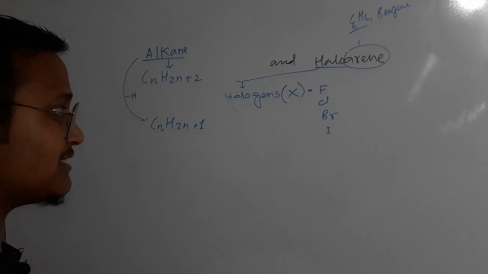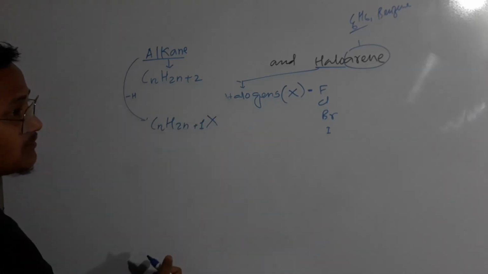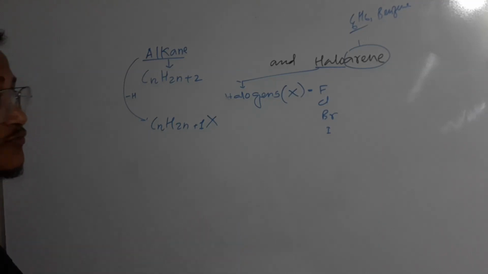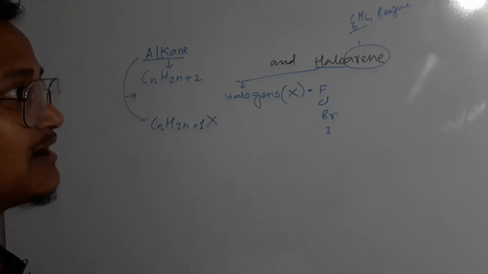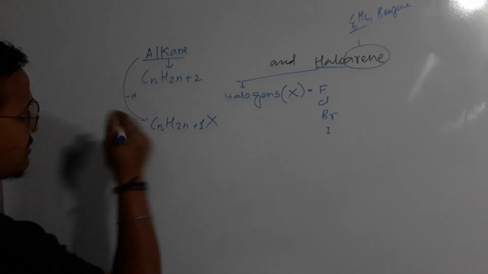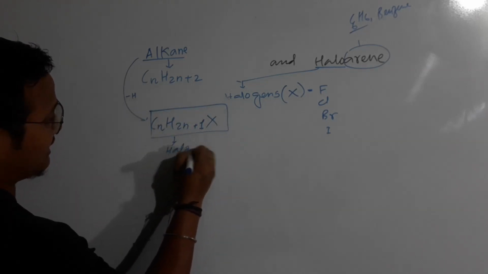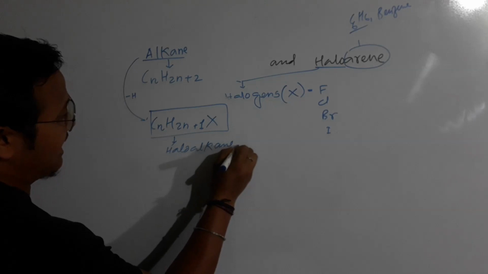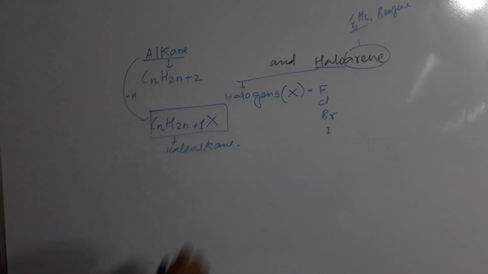And who is taking the place of hydrogen? It is taken by halogen, right? And what do we know? Halogen also forms one bond. Hydrogen and halogens resemble each other in the property of forming one bond. So this is the general form of haloalkane when we have only one halogen atom. Clear? So this is what we can write.